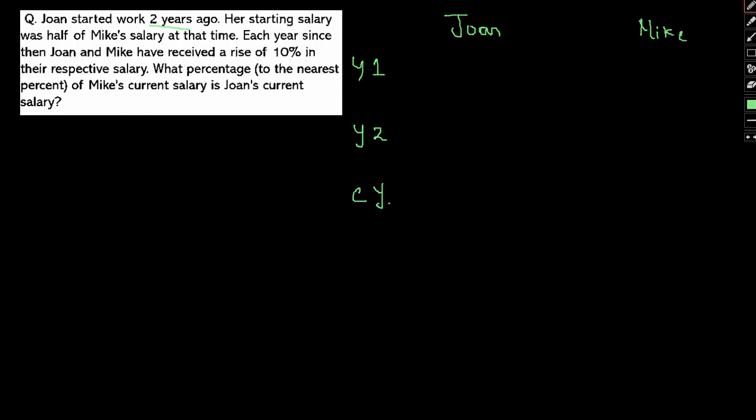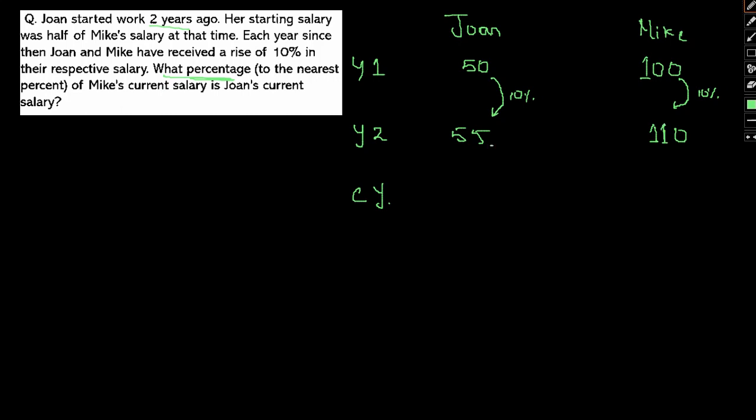So let's see. Initially his salary was half of Mike's salary. So let me assume say Mike's salary is 100 this year around, because no figure has been given. We are talking strictly about percentage. So let Mike's salary be 100 and John's salary be 50. So every year a rise of 10% is seen. So a 10% rise in this case, it will be 55. 10% rise in this case, it will be 110. Okay, I hope this is clear.